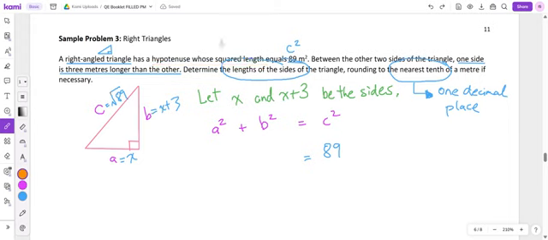So meaning if you take the length of the hypotenuse and you square it, it's going to be 89. So they told us actually what C squared is, right? 89 is C squared. And so in this formula, A squared plus B squared equals C squared, I can already put that C squared is 89. Since it's already squared,